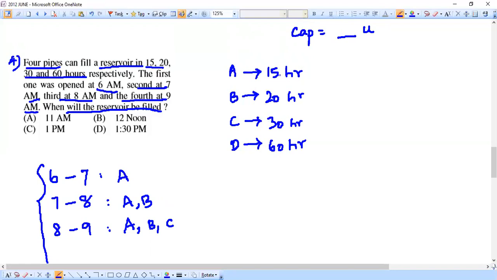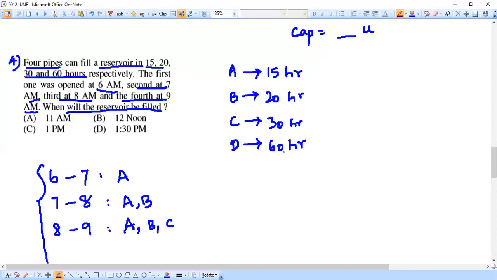Just think of the numbers 15, 20, 30, 60. Think of a number which is common to all these numbers. This is what they call the LCM in mathematics. Let's not complicate what the LCM is. Let's just see the biggest number out of these four: 15, 20, 30, 60. 60 appears to be the largest number here.